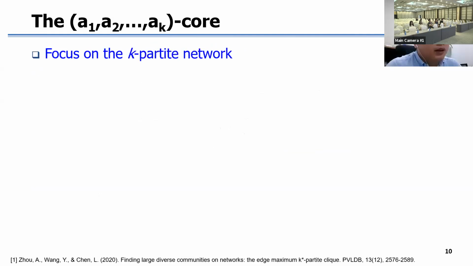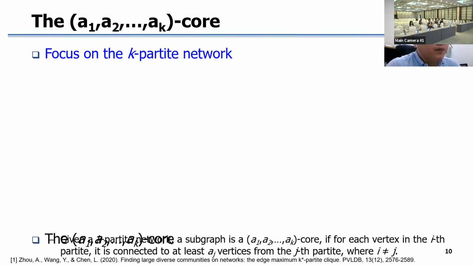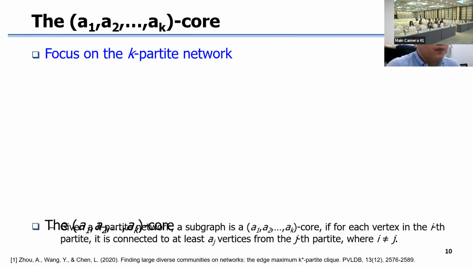The last core model is called the (k1, k2, ..., kK)-core, which is defined on the K-pattern network. Conceptually, a K-pattern network is a network with K disjoint sets of vertices such that vertices from the same pattern are not connected, while vertices from different patterns could be connected. Given a K-pattern network, a subgraph is a (k1, k2, ..., kK)-core